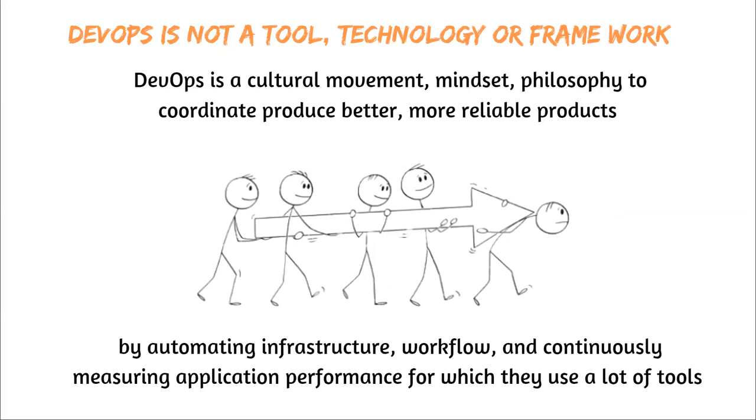But DevOps is not a technology, guys. DevOps is not a technology, and it is not a tool either. DevOps is nothing but a culture. If you see here, DevOps is a cultural movement, mindset, philosophy to coordinate and produce better and more reliable products. So that means DevOps is a culture. That culture is going to communicate with all kinds of people: developers, testers, the operation team, as well as database,